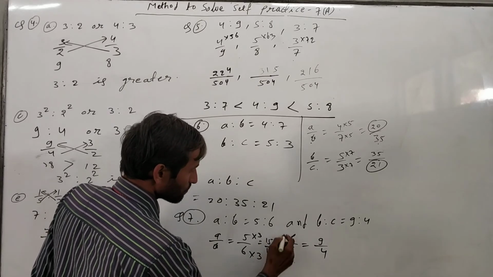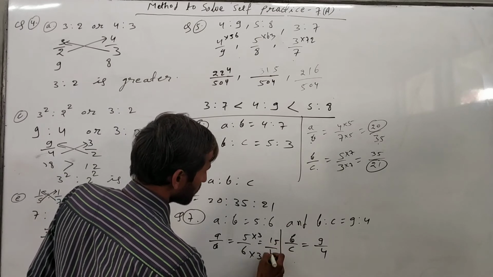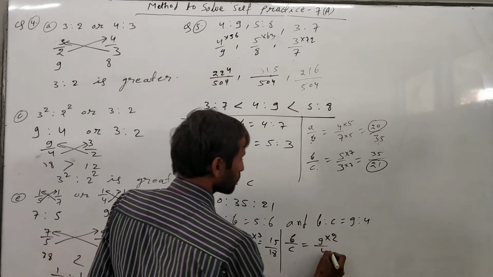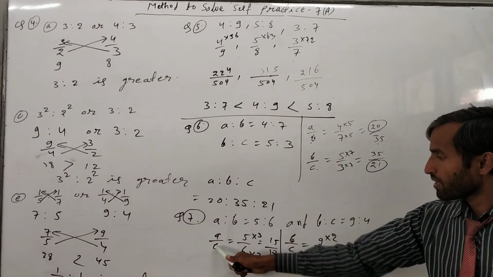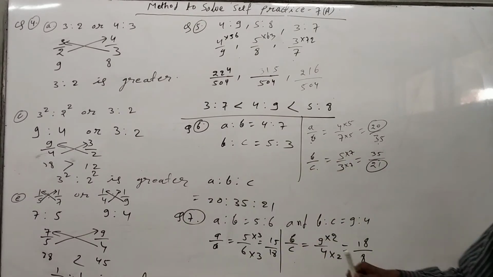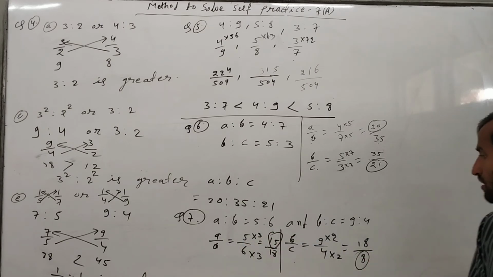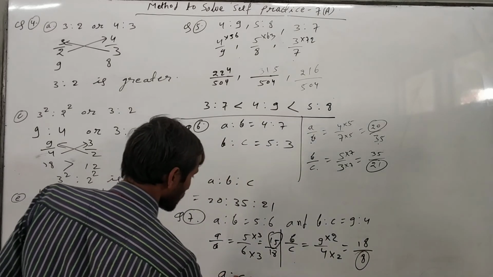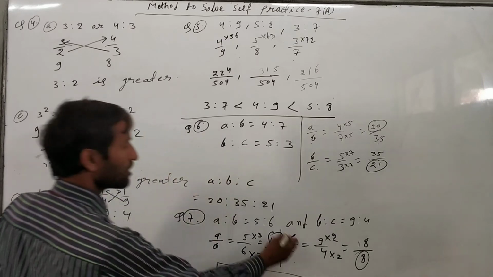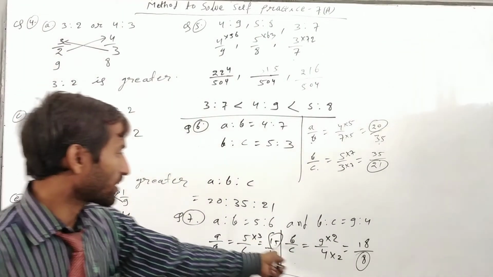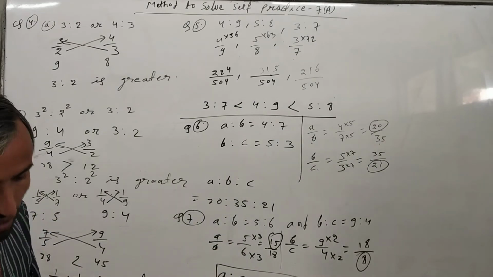Okay. Now again here also try to make 18, so you have to multiply by 2, then it will become 18 and it will become 8. Now here B is 18, and here also B is 18. Now the A value will be 15, and the C value will be 8. Now write down A is to C, it means 15 is to 8. This is the final answer. The original value will become automatic. Okay, if you solve these types of questions, the same process we have to do.